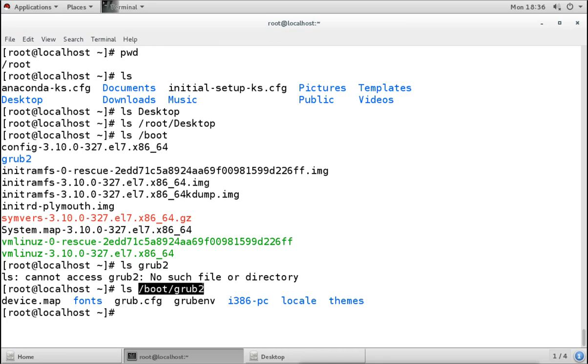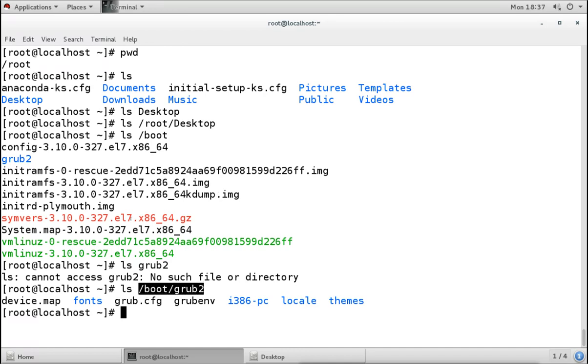Even though I am under /root, if I want to run some command on this, I have to give the absolute path. And remember, absolute path will always start from slash. The benefit of using the absolute path is that you can do anything from anywhere.